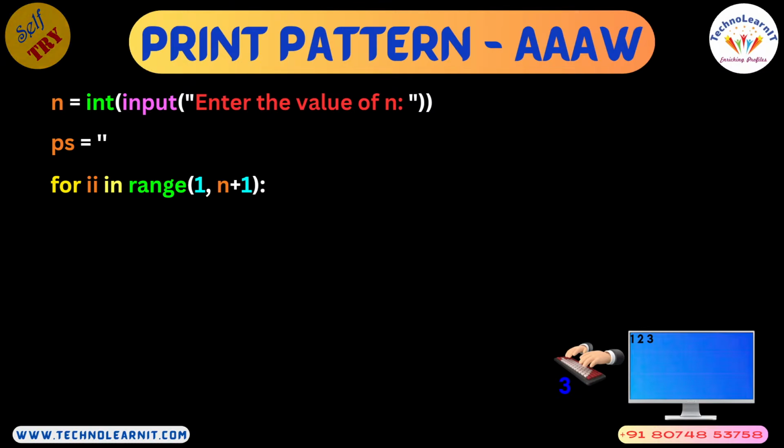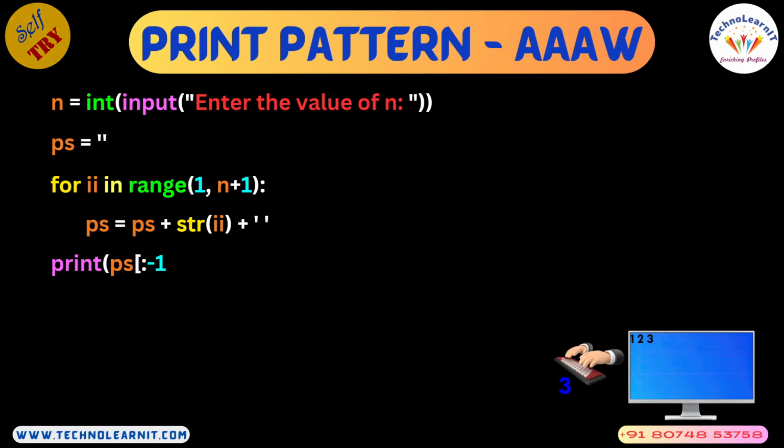Since you need to start with 1 irrespective of the input, range has to start with 1 as the start value, and you need to go up to n inclusive, so you should use n plus 1 as the end value to the range. And every time you can append the i value, convert into string, and then also append one space, sorry, not in between, at the end. So 1 space, 2 space, 3 space would be your final print string,